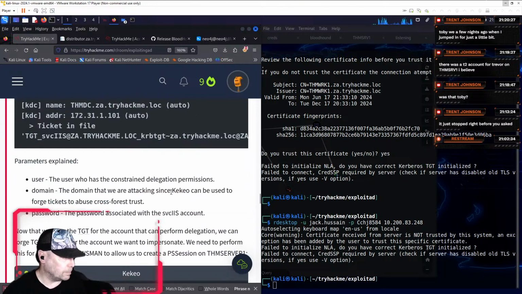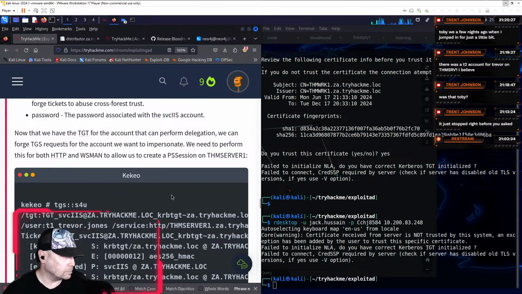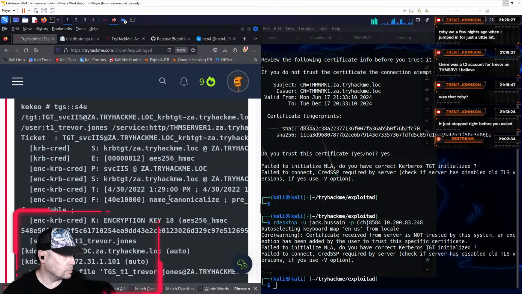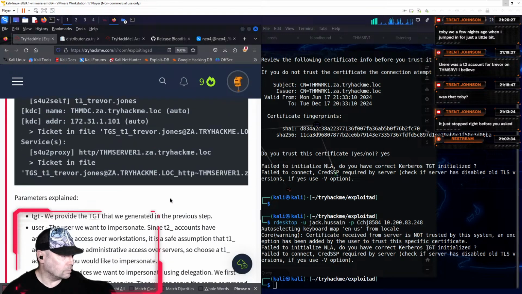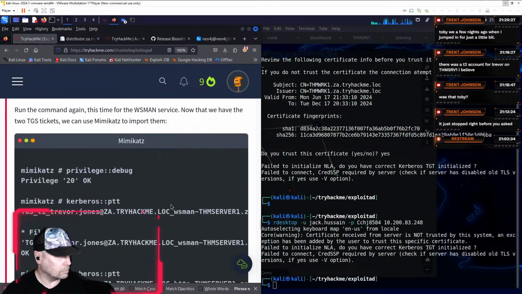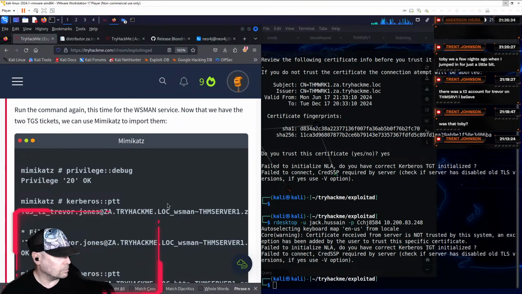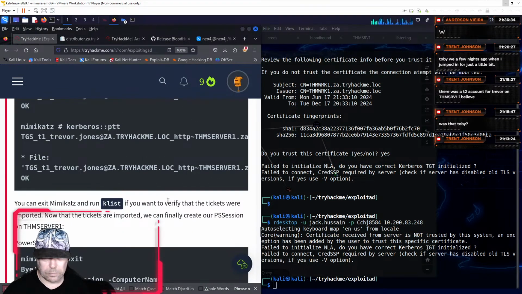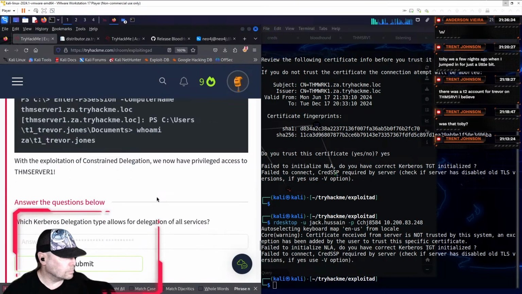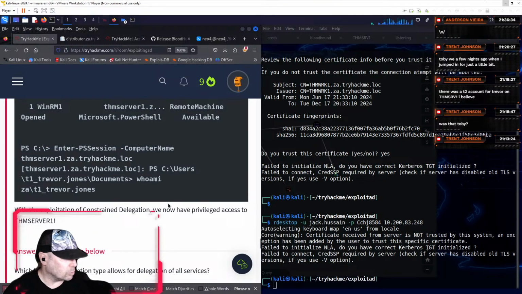It may be. The exploitation of constrained delegation, we now have privileged access to THM Server 1.